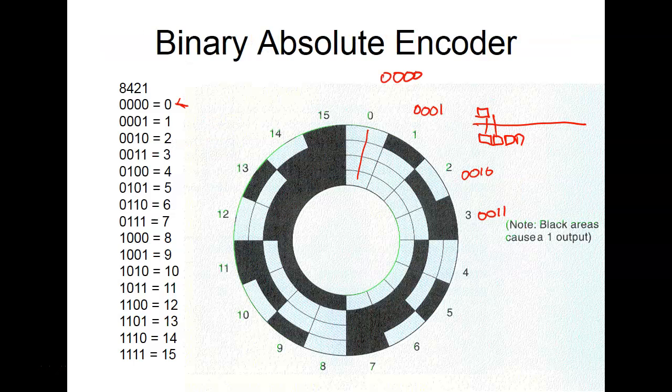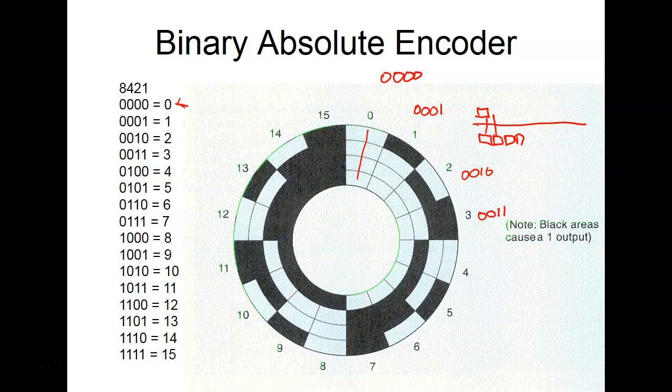It all depends on how you sense it and how you calibrate it. We're going to have 1 band, and it increases in powers of 2. So right now we have 16 counts, from 0 to 16. If I add 1 more band, that would give me 2 to the 5th, which is 32. So we can count from 0 to 32. If I add 1 more band, that's going to be 2 to the 6th, which would be 64. And so the more bands we add,